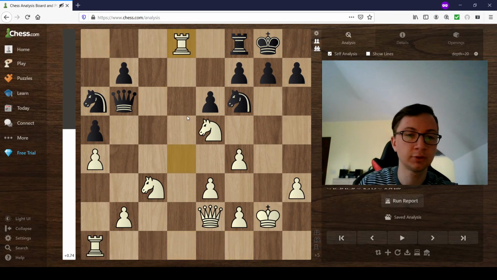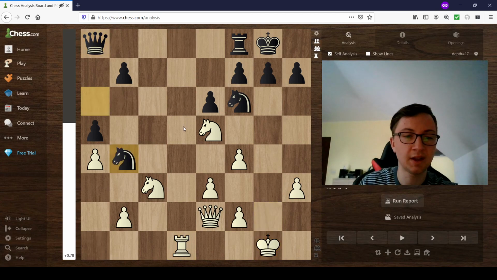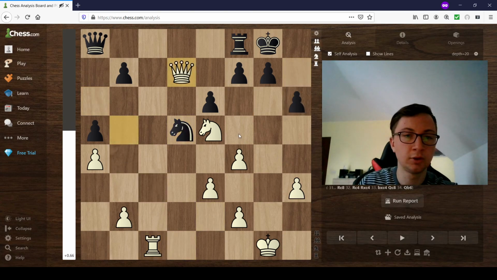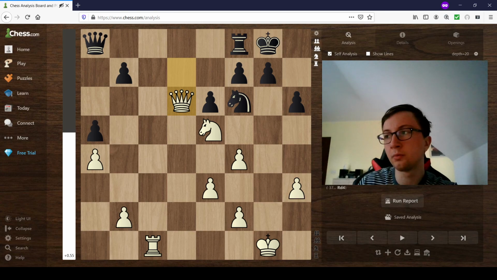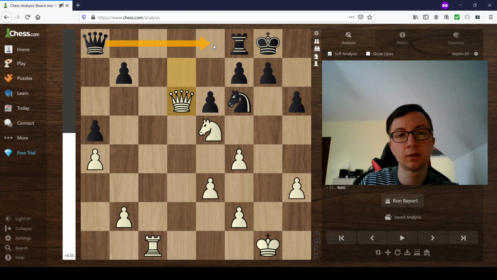And after logical moves, position was slightly better for white, and black had lots of problems holding his own here. For example, here maybe there was an option to play this queen a8, queen e8, and maybe this holds, but who knows what will happen, even though the position is really bad. So this little c5 move